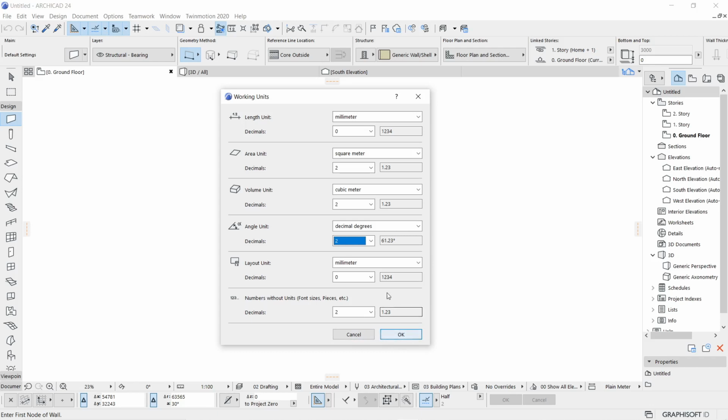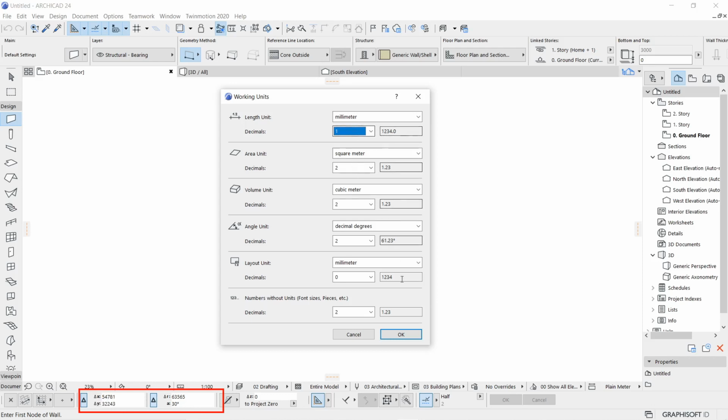But let's try a very simple thing. Before clicking OK, I'll add one decimal place. What will happen? You will understand now: my millimeter system carries one decimal place accuracy also. If you check the coordinate palette at the bottom of the screen, you can see there is an x and y coordinate, and there is no decimal place right now being displayed.